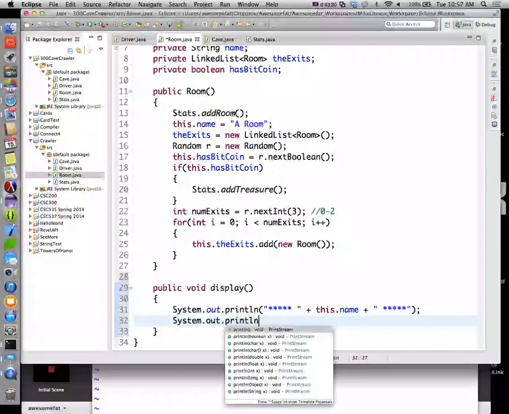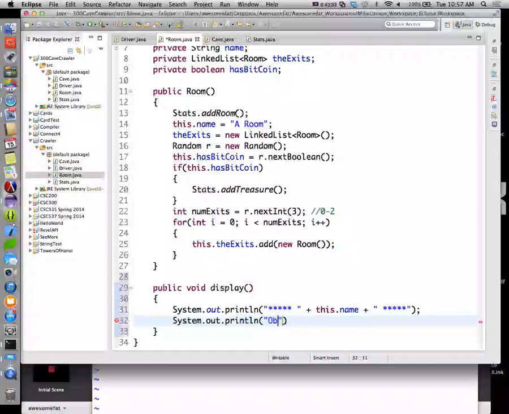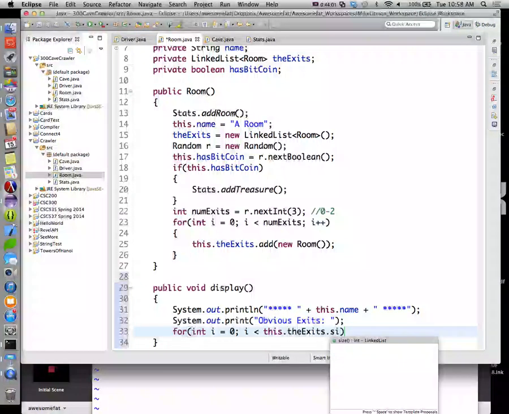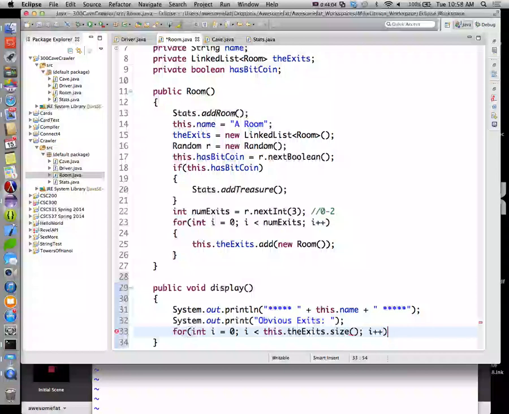Then, let's say obvious, we'll do a print. Obvious exits. So obvious exits are going to be based on the number of exits we have. For int i equals 0, i less than this.exits.size, i++,